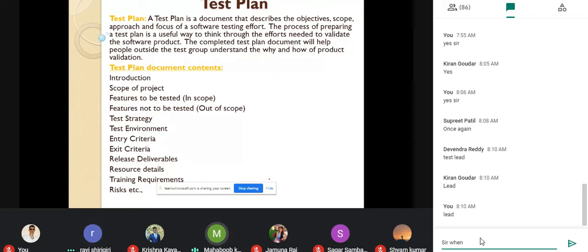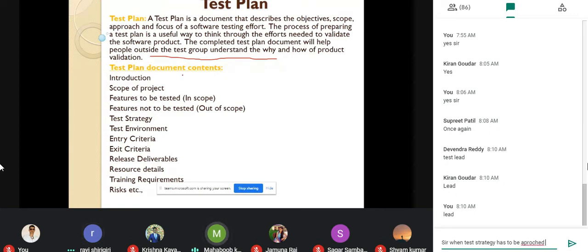The completed test plan document will help people outside the test group understand why and how we are validating. So this is very important. If the client or project manager asks you, for them to get to know how you are validating, how you are testing, it is very important.